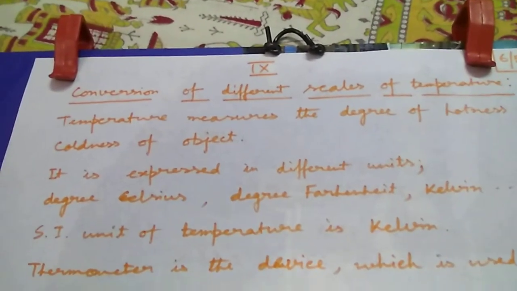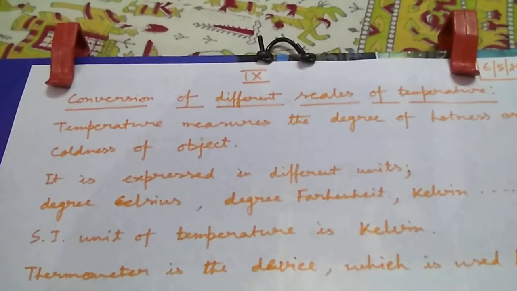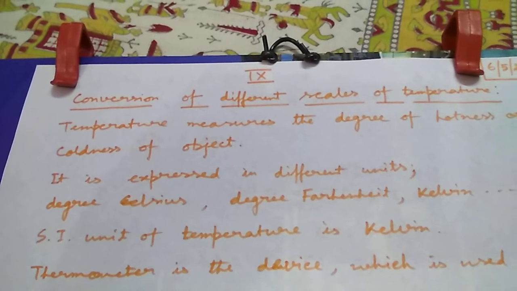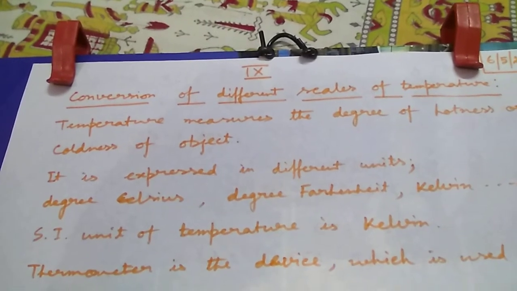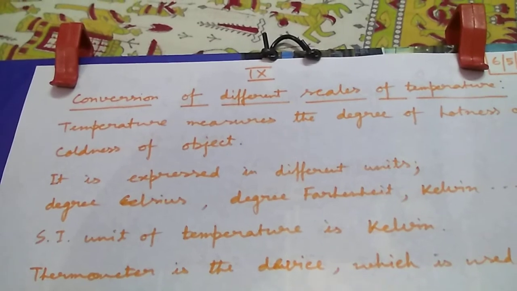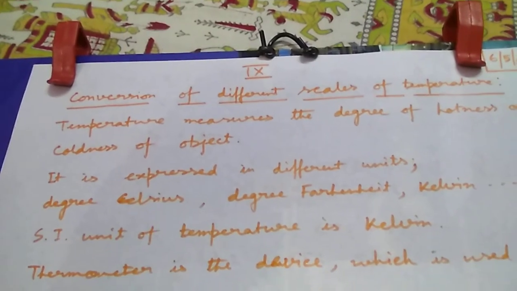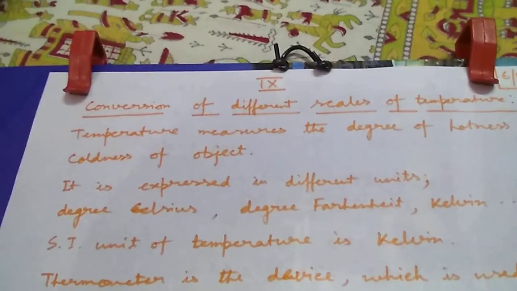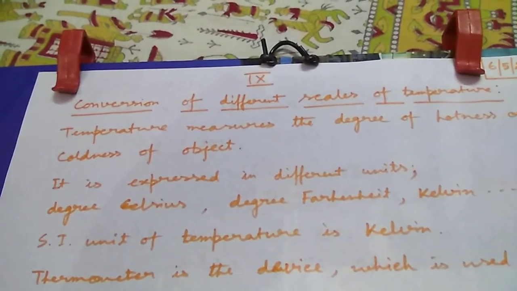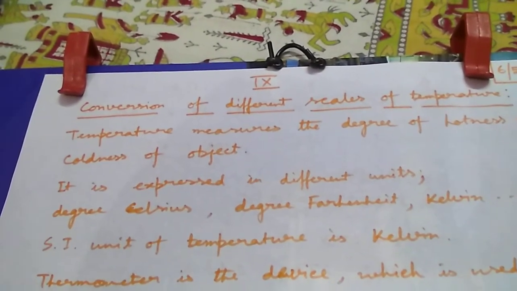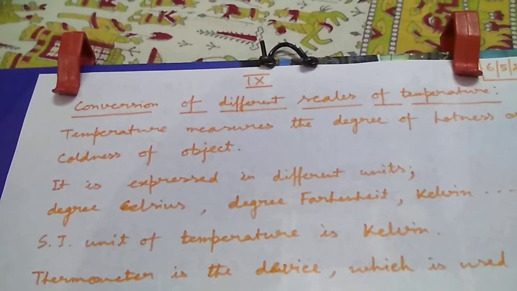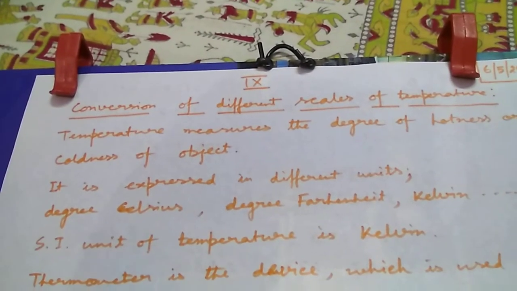Till now, we have learned matter, characteristics of matter, and states of matter. Not only that, properties of different states of matter, that is, properties of solid, liquid, and gas. Based on that, we have solved the in-text questions. I think all of you have written all those question answers in your notebook. Those who have not yet written, please complete that. And those notes also you have to write in your notebook.